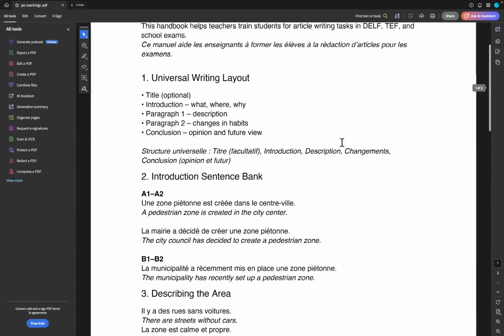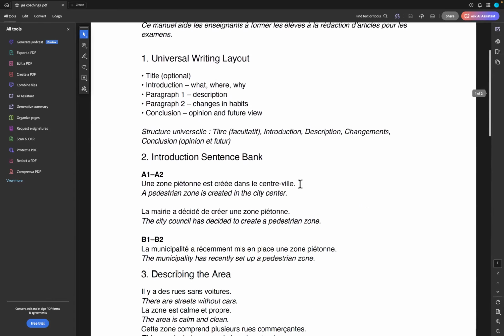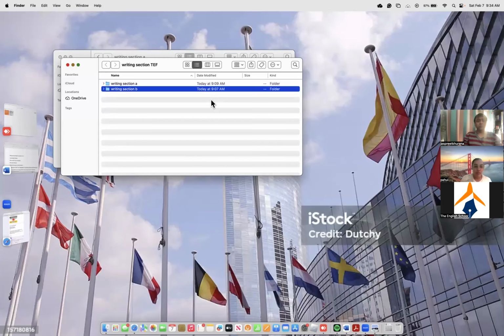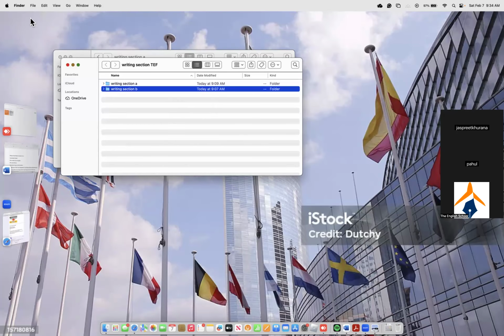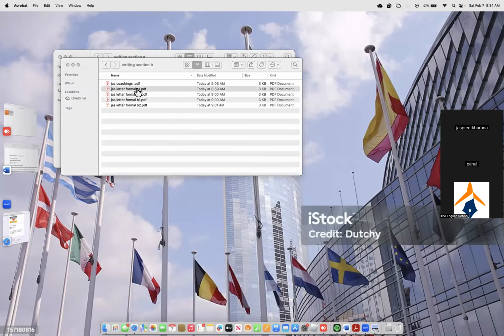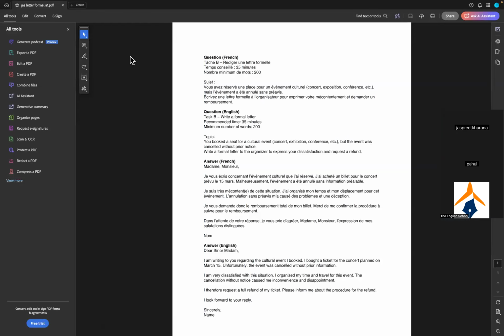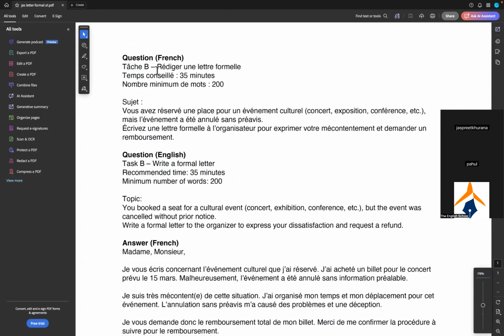This is a simple method to do part 1. Okay, now I'll pause the recording and take a break and move down to part B. Okay, that was all about section A. Now moving down to section B. Okay, so again, let me start with level A1. Section B basically is based on formal writing. Okay, for example, the question is,